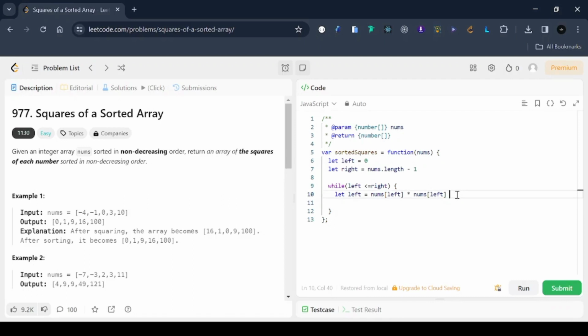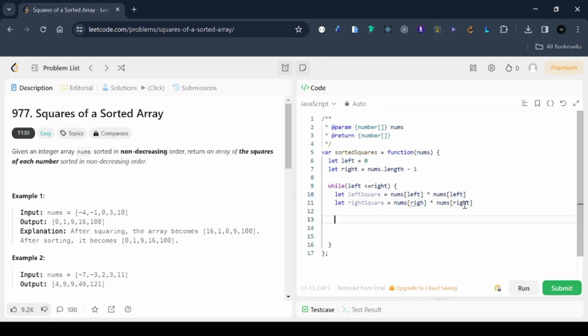And similarly we have to calculate the squares of right square and left square. We then compare left square with right square. The larger of these two squares is inserted at the position of the